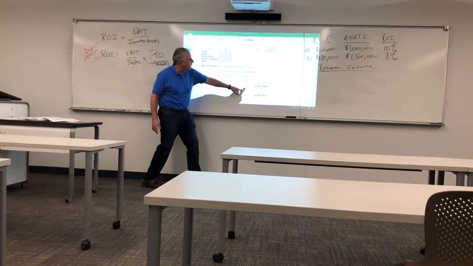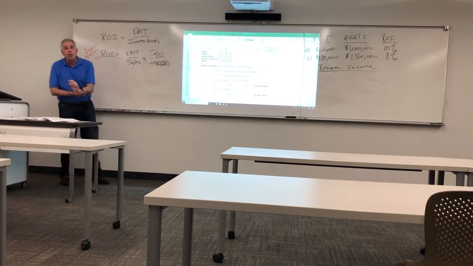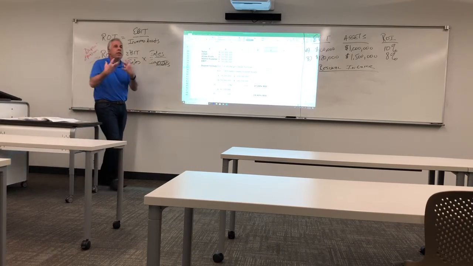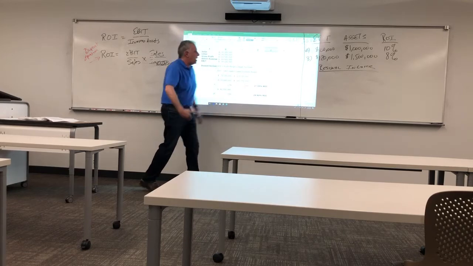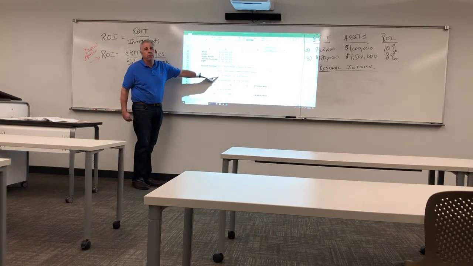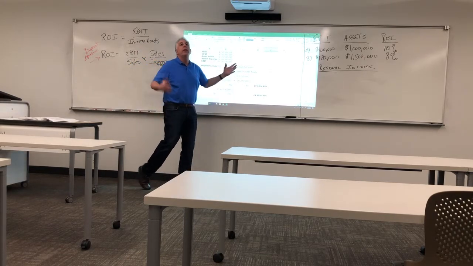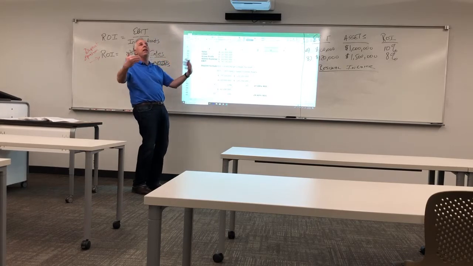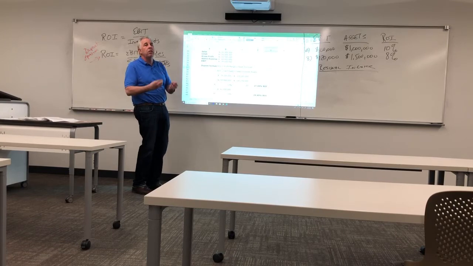It's because we're earning $1.60 in sales for every dollar of invested assets, and because we're getting 17% of operating income from every dollar of sales. If this number is lower than what was mandated, we could take a look at our expenses. Maybe we should reduce our expenses. Maybe we just need to generate more sales. It will depend on what your division manager in a decentralized operation thinks is the best way